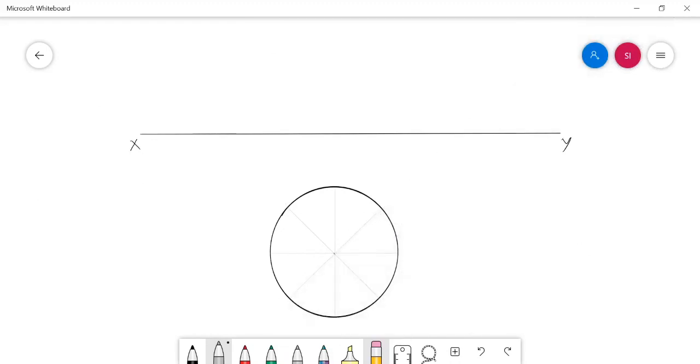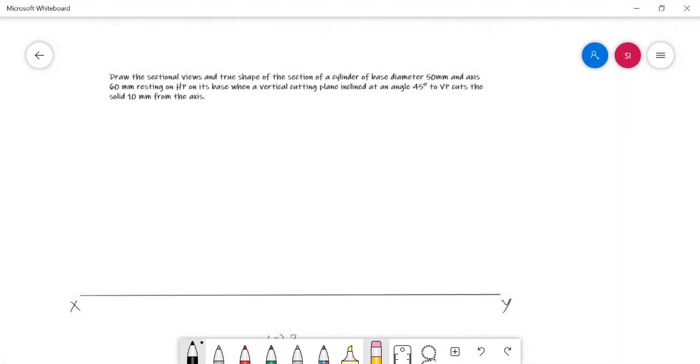Completed. It's a cylinder, so in the base we need to mark 8 generator points and in the face 8 generator points. In the base A, B, C, D, E, F, G, H and in the face numerals 1, 2, 3, 4, 5, 6, 7, 8. The diameter of the solid given in the problem is 50 mm.